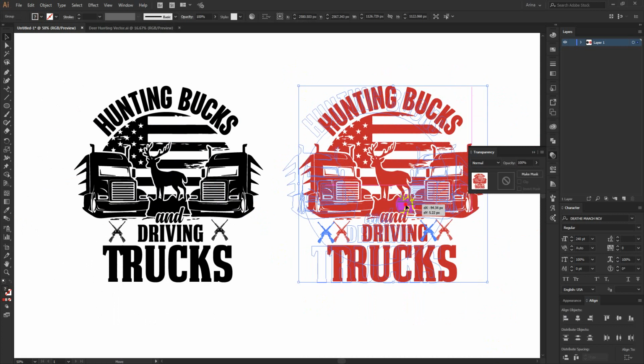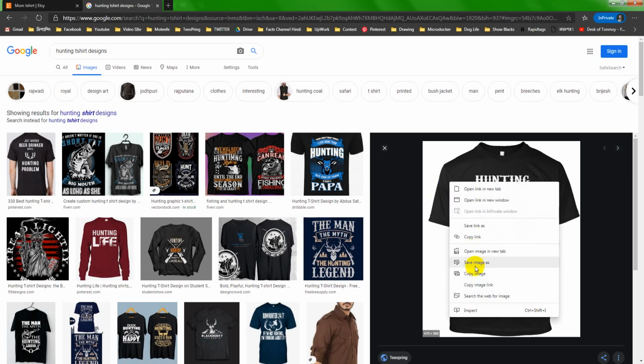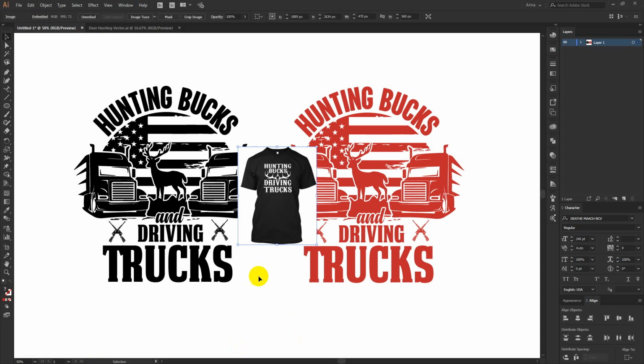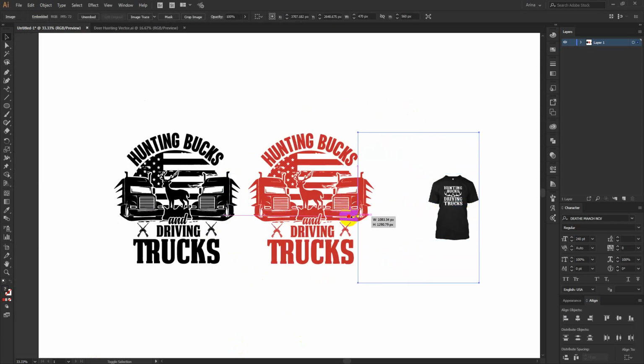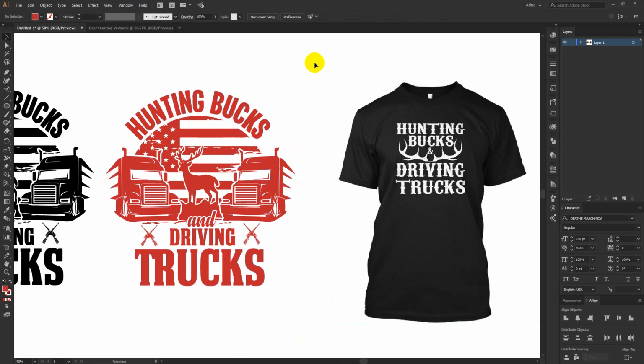Okay, so this was my design finding process. This is how I find a new design or idea, then generate some ideas from that design and make it in my own style. You can see here, this is my original design, or some design I take inspiration from, and this one is my design. So is this better or not? If this is better than the original, then I have a chance to make a sale from this design. And if it is not better, then I will never get a chance to sell this design. So this is what you have to understand to be a t-shirt designer: how to take a design or an idea and convert it into a whole new design idea.